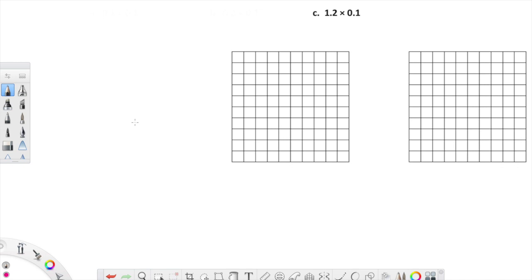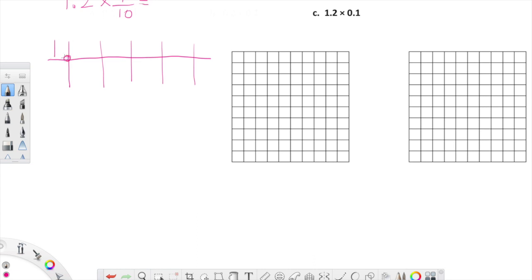Okay, so now we're looking at 1.2 times 0.1, or 1 2/10 times 1/10. Let's check this out in the place value chart. We just identified, or I just showed you guys, that 1.2 times 1/10 can also look like this, right? 1/10 in fraction form, 1/10 in decimal form. So 1.2 times 1/10,